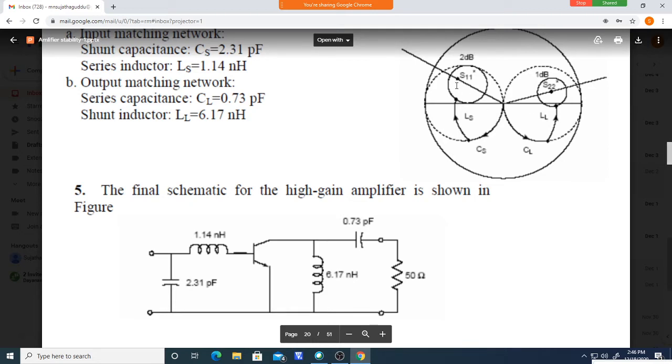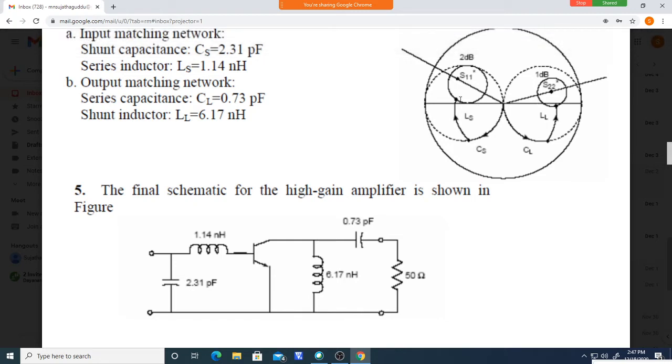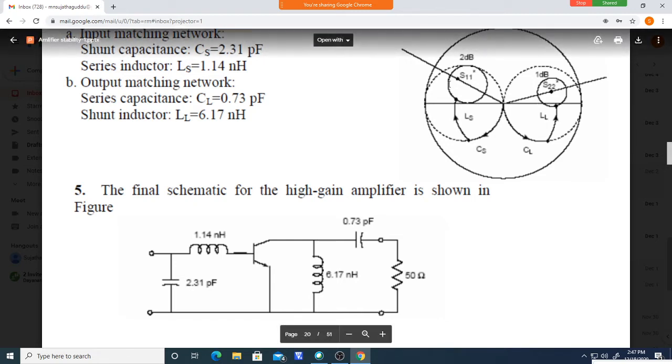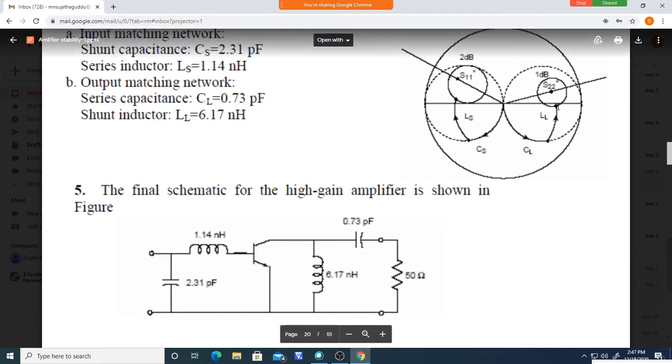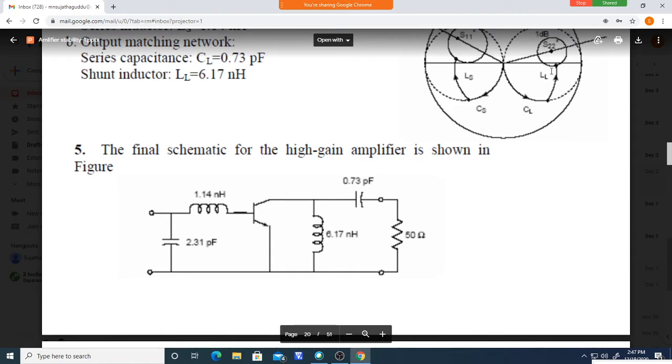Okay, so draw the 2 dB gain circle, and this is the 1 dB gain circle I have drawn. Next you can mark any values like this. I have marked some value, you can choose here also. Because it can reach easily to this point, that's why I have taken some value here below. This is the point. Okay, so this is the ZL I needed.